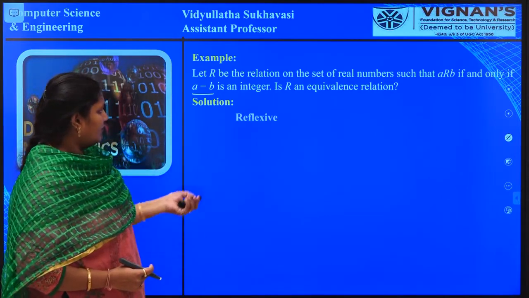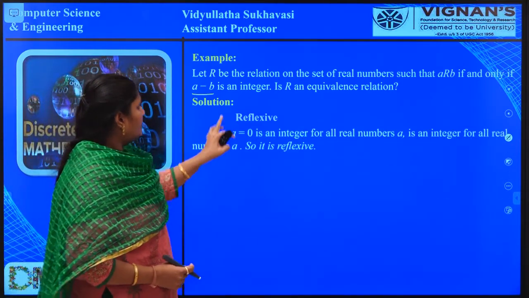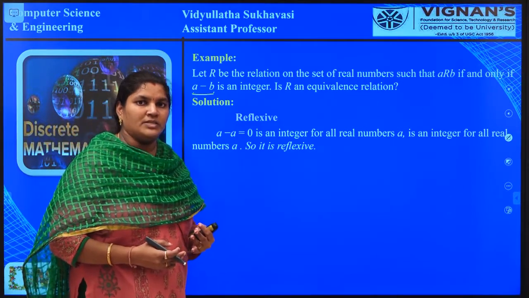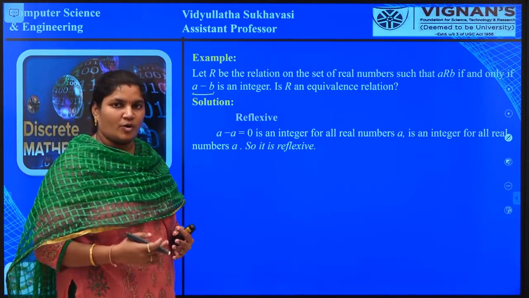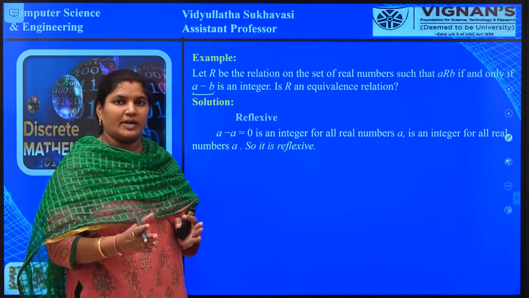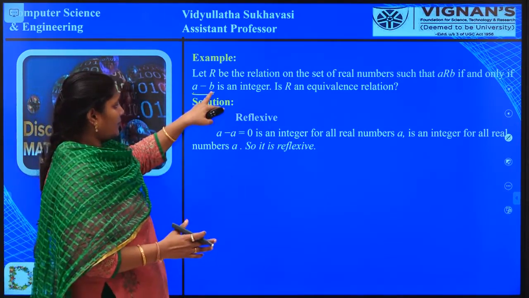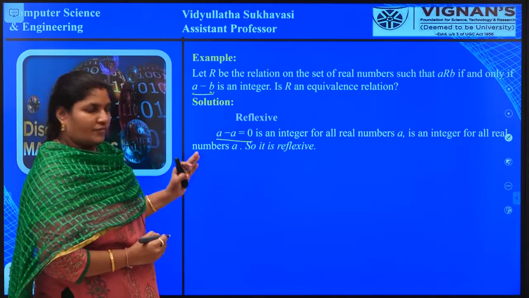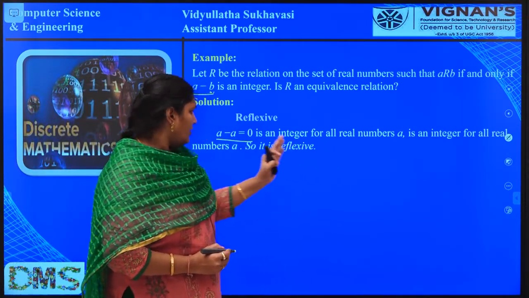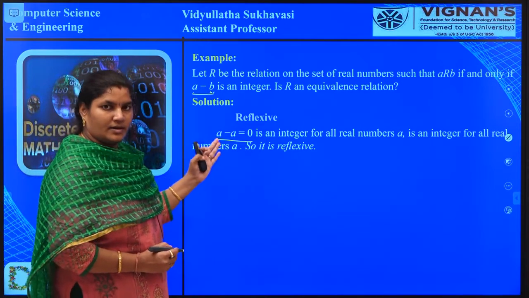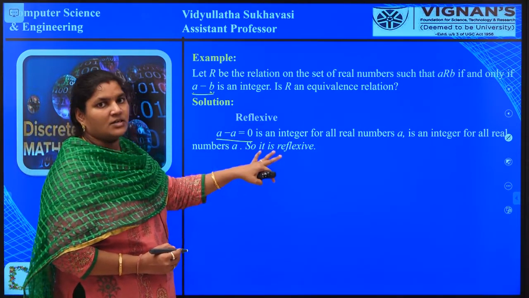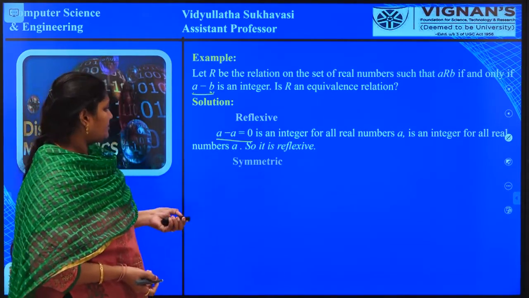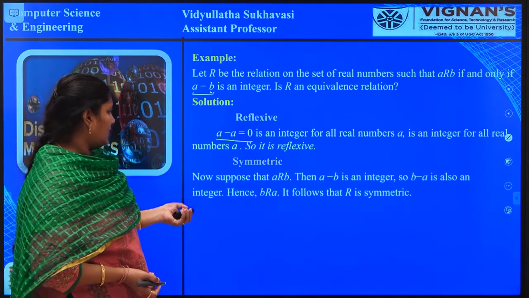See here for checking reflexive. So here it is A minus B. Whatever the form, we need to check whether it is satisfying the reflexive form or not. Reflexive form means both the ordered pair elements are the same. So here in the position of B also we are getting A. So A minus A is equal to 0, which is an integer value. So for all integer numbers, when you substitute the reflexive form, we got that it is reflexive. That means A minus A is satisfied. So it is reflexive.